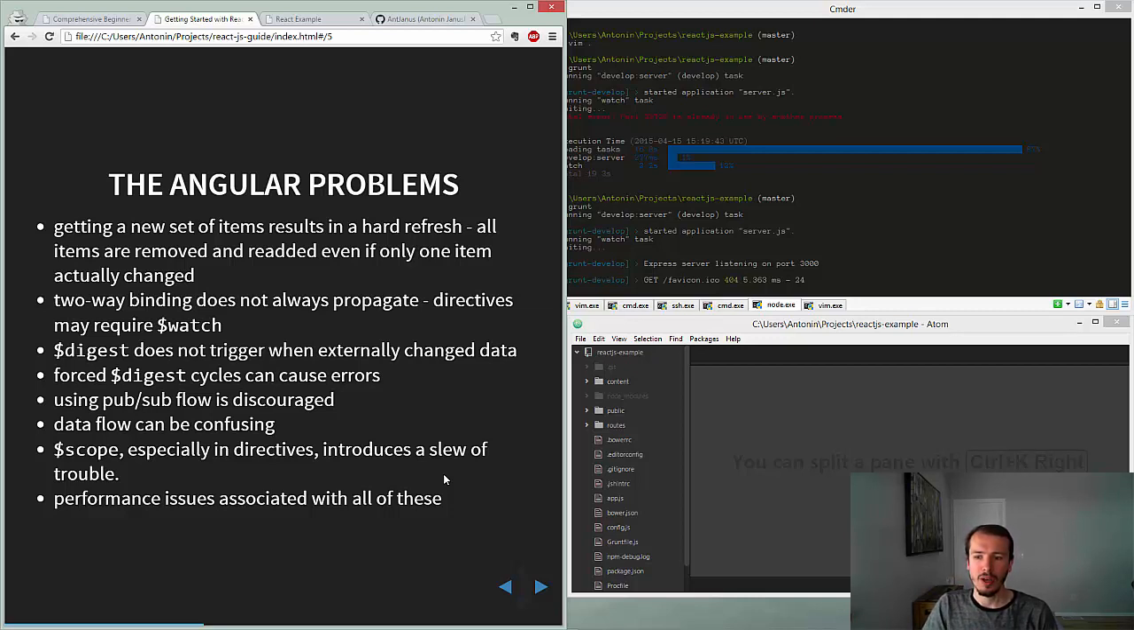We don't want to re-render the entire page. Now with Angular and this listing, you're not re-rendering the entire page, but you are re-rendering the entire item list. So all the items are removed, all the items are re-added, even if it's only one item that changes. Or even better yet, if there are no items that change, it will still re-render just because you assigned a new value to it. The two-way binding does not always propagate, so that's an issue that I found,